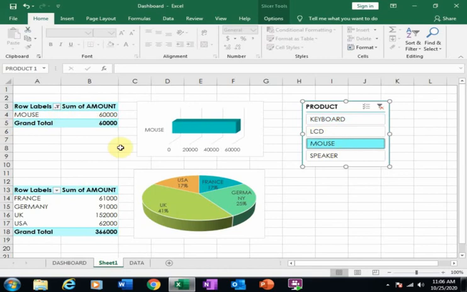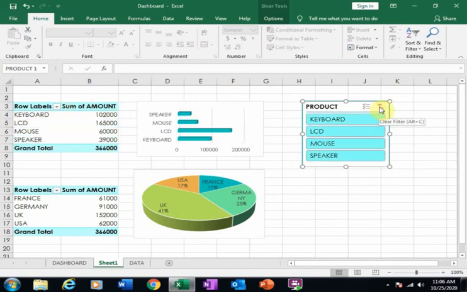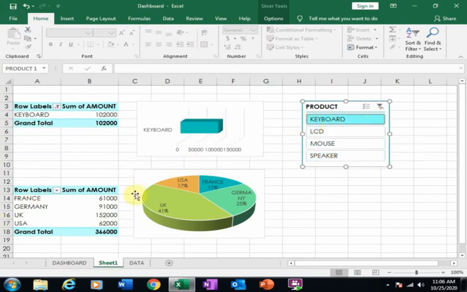If I click mouse, it will display the mouse cells. If I remove this filter, it will display all the cells of items. Now you can see here, if I click keyboard, there is no change in this chart and pivot table.